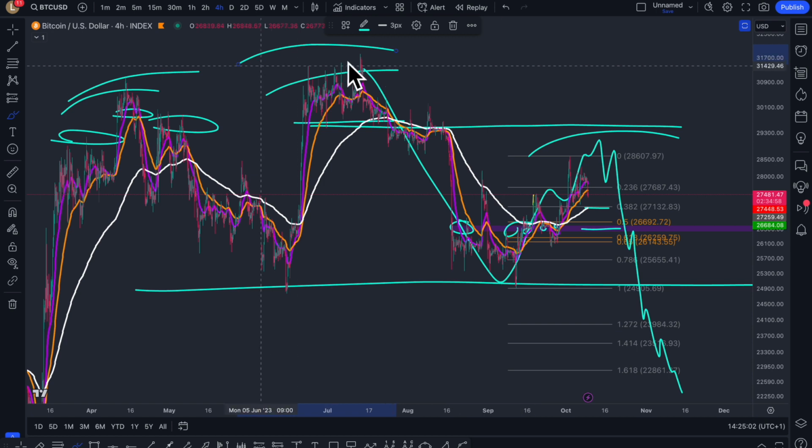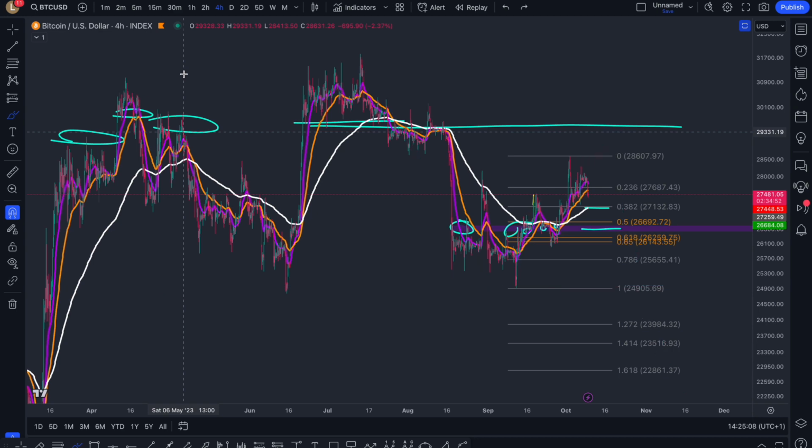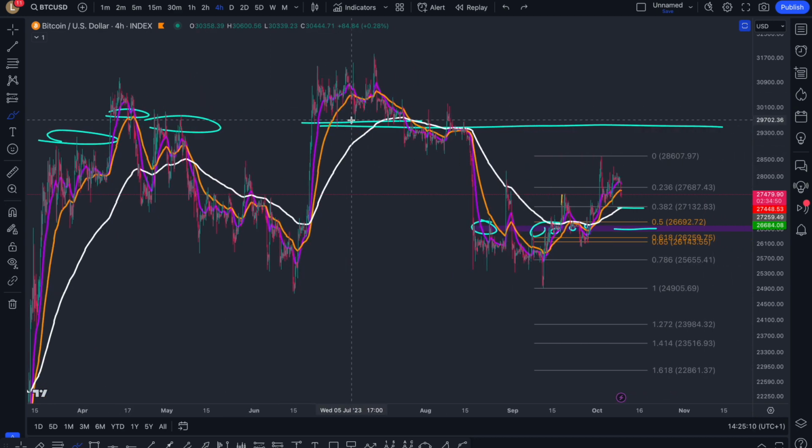Because with these two tops, although this is the highest point, other indicators are showing bearish divergences on the daily and the 5-day, maybe even the weekly. So these are things that we can't really ignore, and those things could take months and months to play out. It's already been since July that we were up here, and we're now in October, and we're not that far away from that price point, maybe like a $4,000-$5,000 difference from here. So it's not that major, but it's setting up the move.